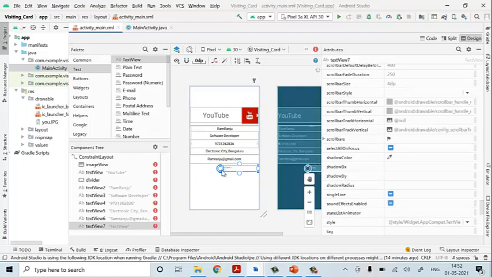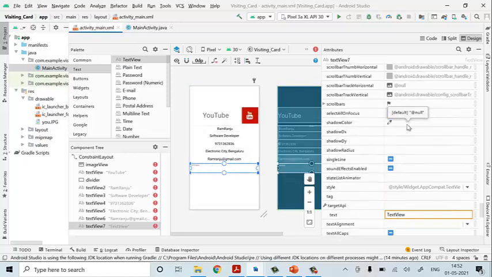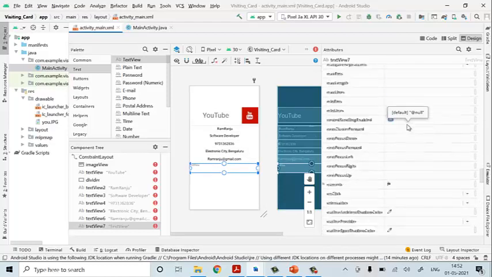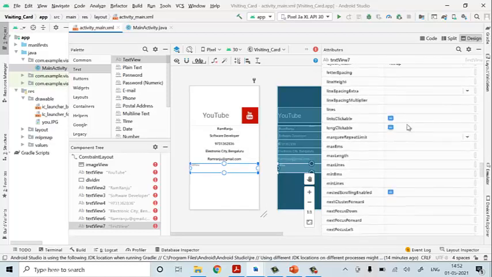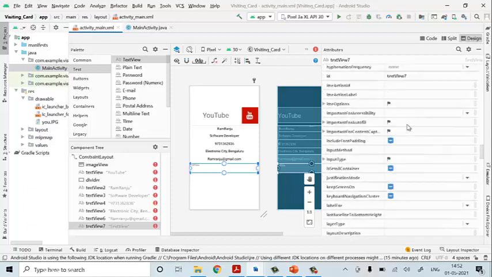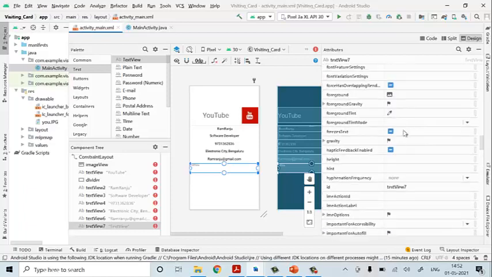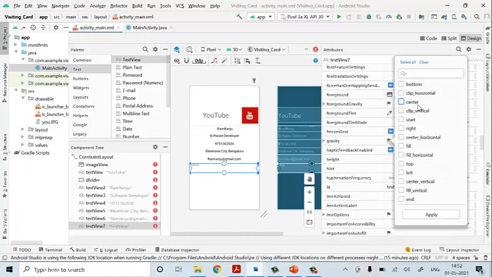Okay, go for this. Now we are in the gravity, you need it. Why? Because you need to make it a center. Go for center, apply.